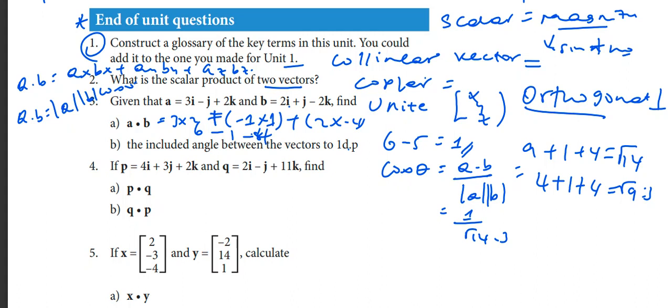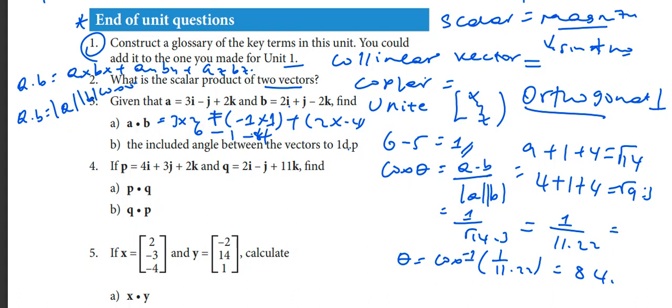ይሄን ከራዲካል ስር ስናወጣ የምናገኘው 1 over 11.22 ይመጣል። Then theta is cos inverse of 1/11.22, therefore 84.9 ይመጣል ማለት ነው into one decimal place ስለሆነ እዚህ ጋር አስቀምጠናል ማለት ነው። For p is this, q is this, then ፕሮዳክታቸው ምንድነው የሚሆነው? this is check አድርጉ 27 ይመጣል and p times q ቢቀየርም ምንም አይቀየርም therefore 27 ይመጣል ማለት ነው።